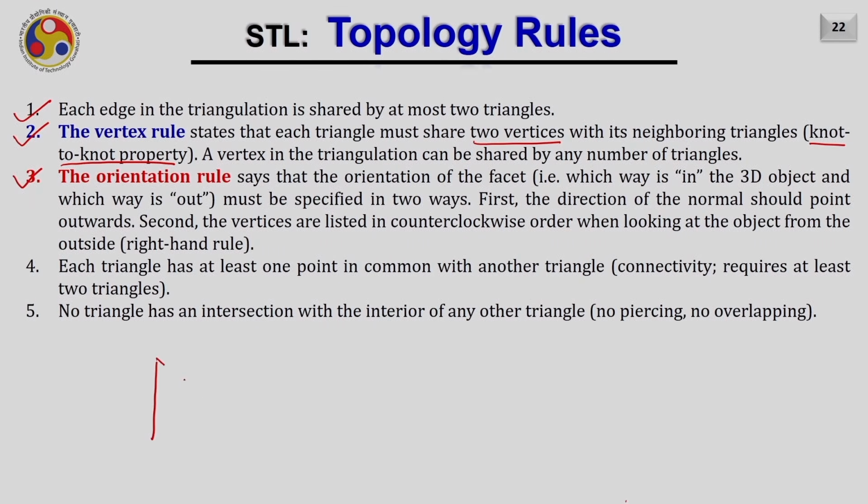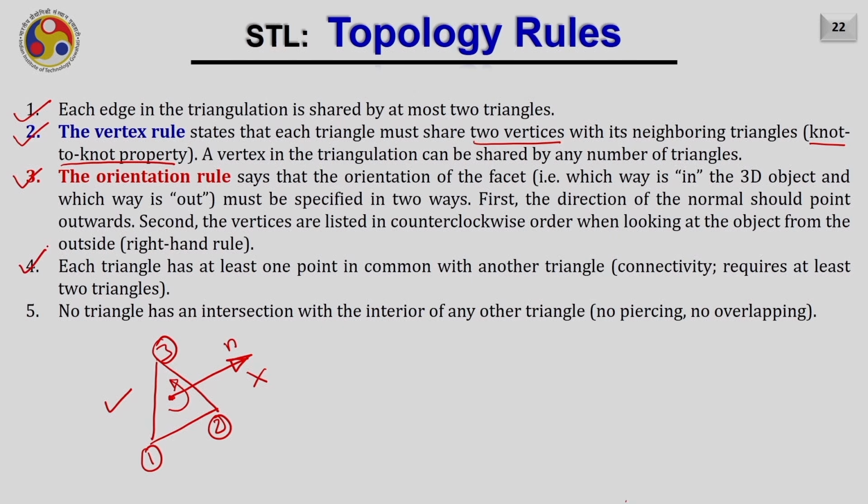So it means if you have a triangle in the STL file, its normal points outward in such a way that on this side there will be material and on this side there will be no material. Also, the same normal can be calculated by applying the right hand side rule. So if this first vertex is written first, this second, and this third, then I can even find out this facet normal by applying the right hand side rule.